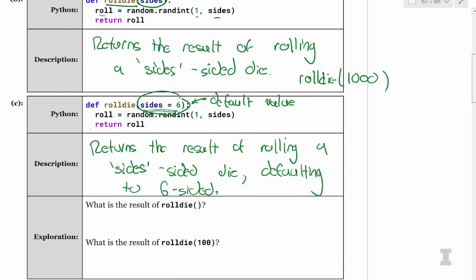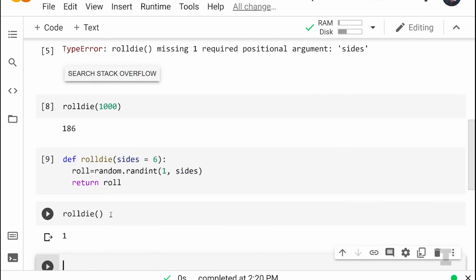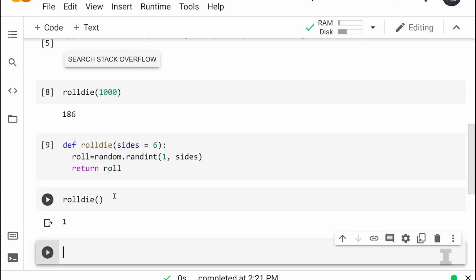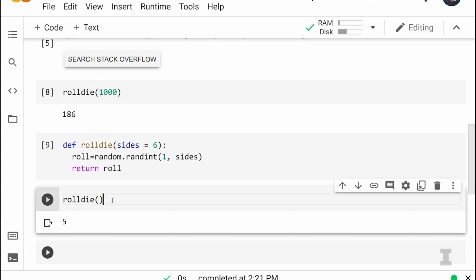So when we run this function, and we have this function known by Python, what's the result of just doing roll_die with nothing inside the parentheses? So I got a 1. Let's do a few rolls to see kind of what the range is. Another 1. A 3. Another 3. 5. 2. So I'm pretty convinced that this looks like a 6-sided die. Yep. We're getting values in the 1 through 6 range. We didn't get any 6s, but that's a pretty low probability of getting a 6. But we got most of the other values.